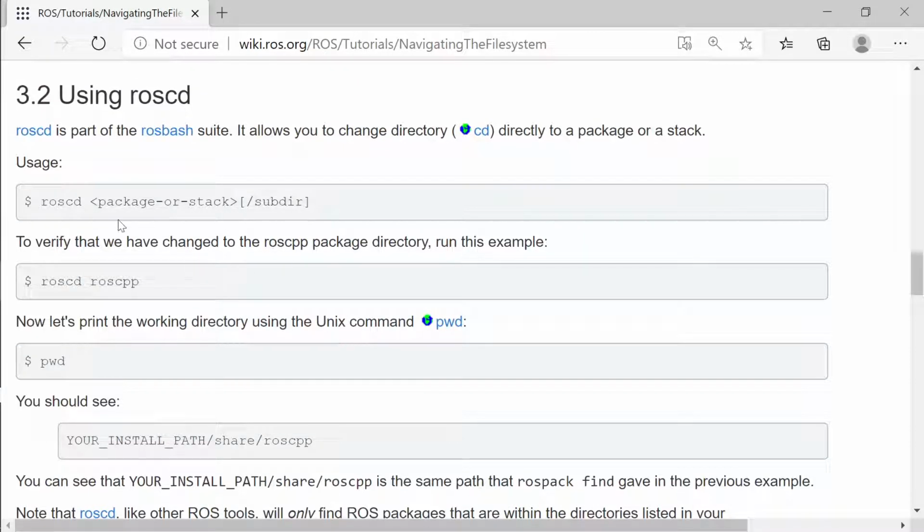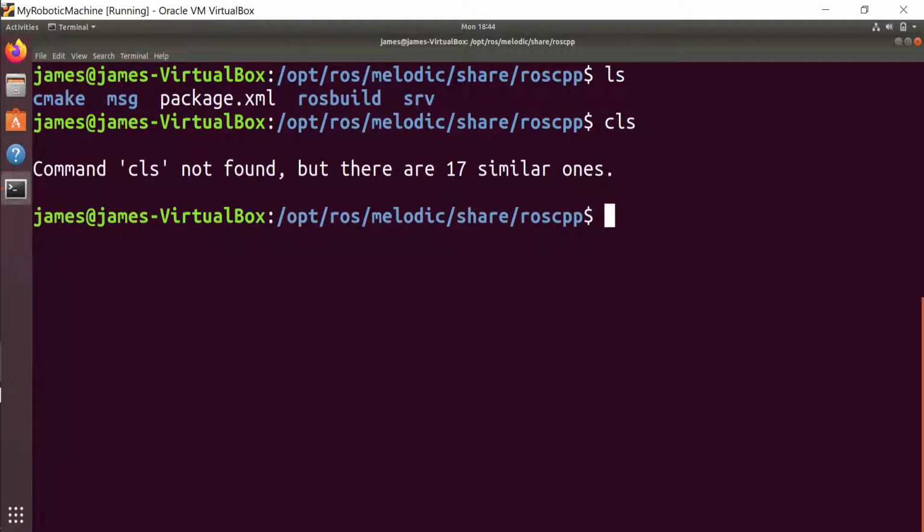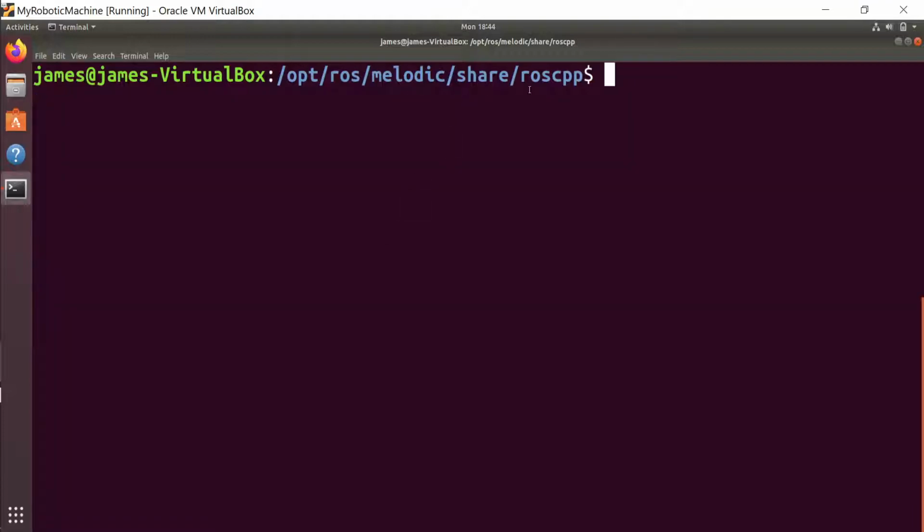Here it says if you want to change directory to a particular package in your development environment, just like you type cd and go to a directory, in ROS you say roscd. This is similar to the cd command in Ubuntu.